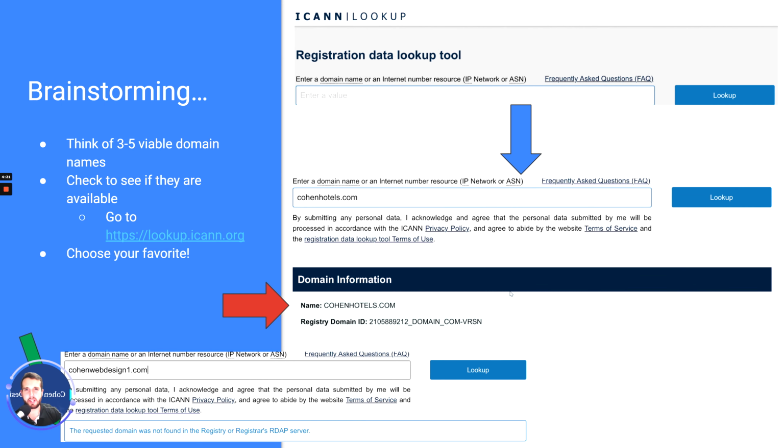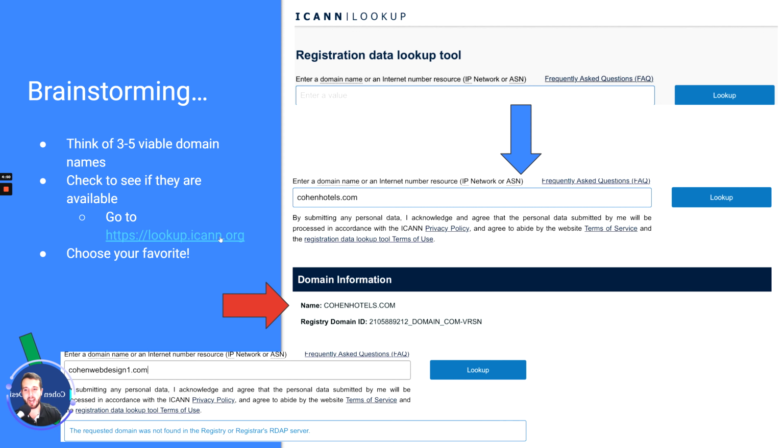So in order to brainstorm for your domain name and choose the right one for you, there's a few things I can recommend here. And the first one is to come up with a list, just an intuitive list of what you think sounds good. And maybe come up with 3 to 5 of them so you don't get your hopes up. And once you have that list, you can check to see if they're available.